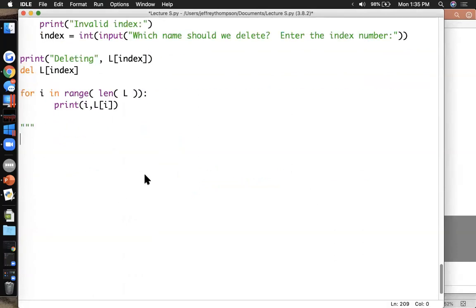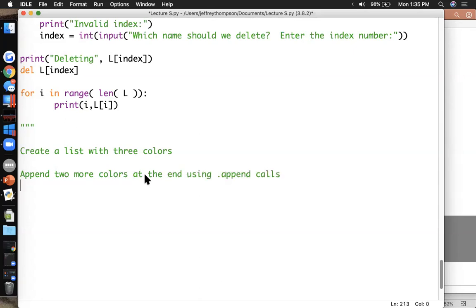So let's do some homework. Create a list with 3 colors and 2 more colors at the end using 2 append calls, right? Insert 2 colors, or how about just inserting 1, right? This is going to actually take 2 appends, right? You can't just do this, right? If I have a list, I can't do append John and, oh, by the way, do that. That doesn't work, right? You have to append